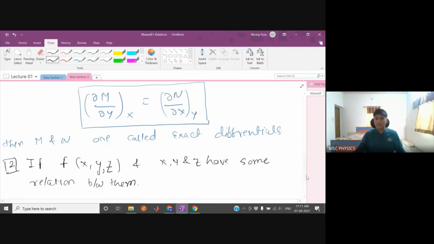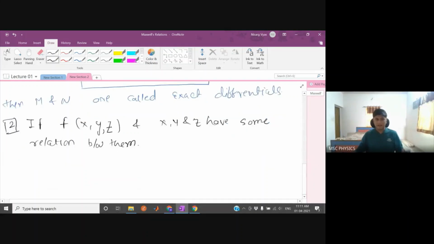X, y, and z have some relation between them. If f is a function of x, y, z, and x, y, z have some relation between them, then what do we mean by x, y, z have some relation? Either we can write z as a function of x and y,